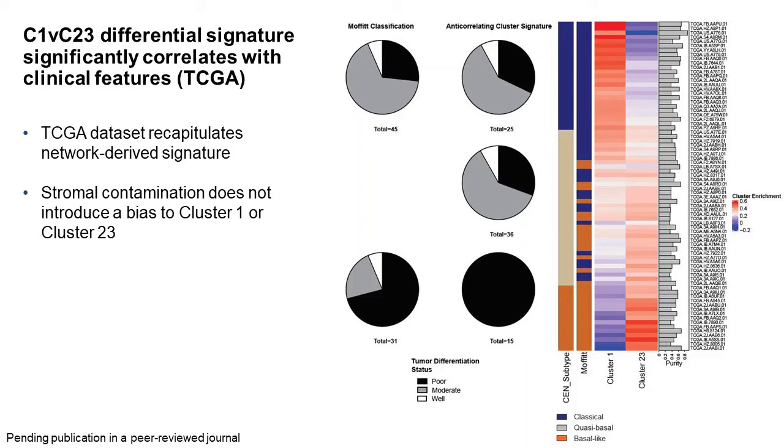And when we look at differentiation status, when we pair this with Moffitt's two subtype system, you are seeing an enrichment for more poor prognosis, poor differentiation tumors within the basal. But when you use the PSEN method, you're again able to pick out tumors that are 100% showing poor differentiation status. So this really begs the question for us